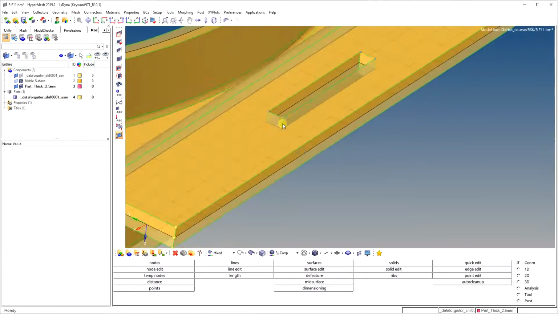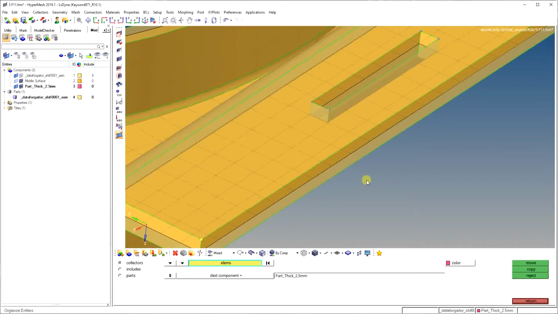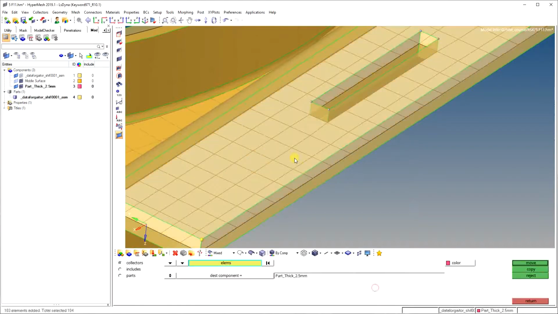Then select this. To move the elements for a particular part into the particular component, the shortcut is Shift F11. Shift F11, that is for organize. Okay, select. You have to select here collector and here elements. Now element by face.